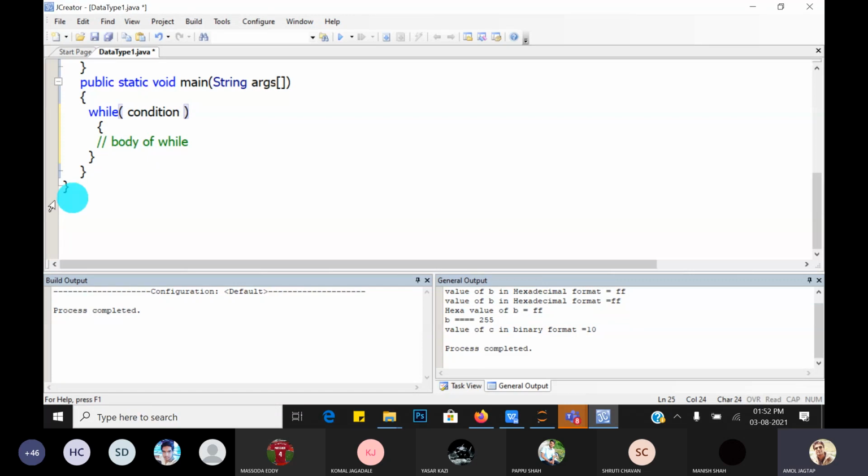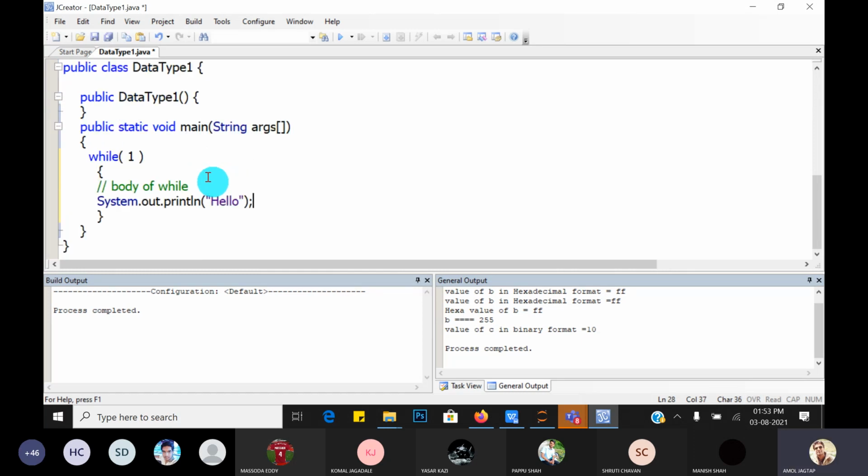So this is the syntax for C, C++, as well as Java. So instead of the condition, guys, I will write 1, and in the body I will write System.out.println("hello").